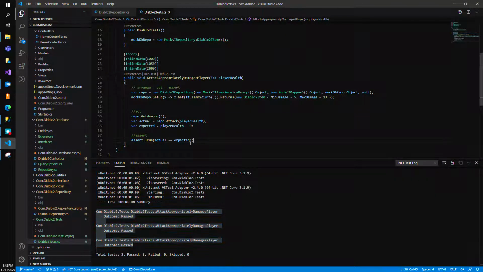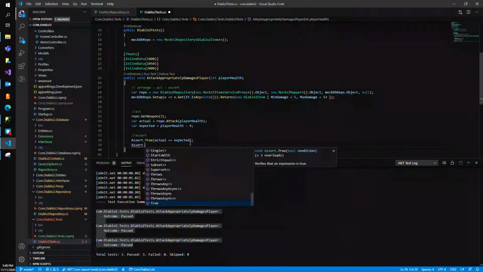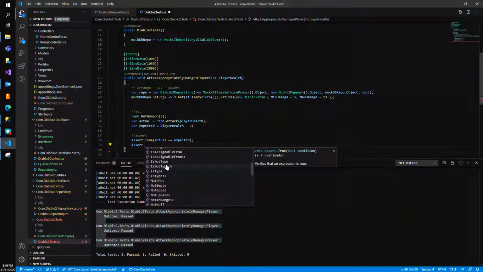So let's see all of the other things we can assert. So I can assert that something starts with something. Really, if you can compare it with something, there's a way to assert it. So are all conditions true? Does it contain something? So maybe it's a list or a string. Are two things equal? We already looked at true. You can see if something is a type of something, which I think is in the book, if something returns back a view result or something like that. You can assert that things are not equal,